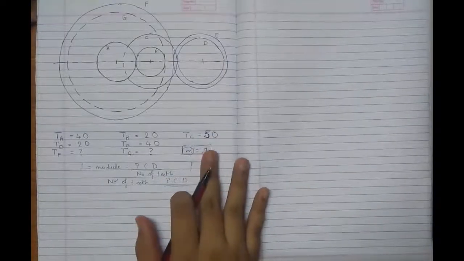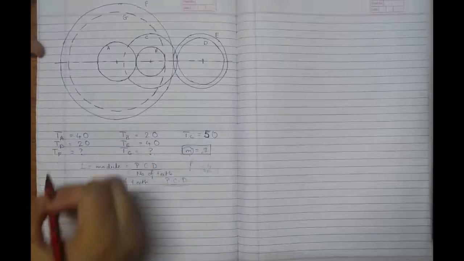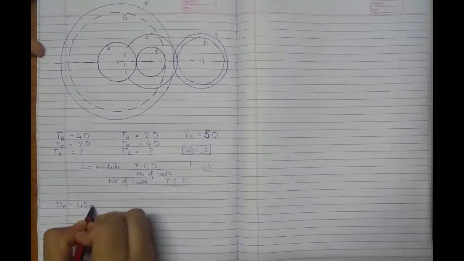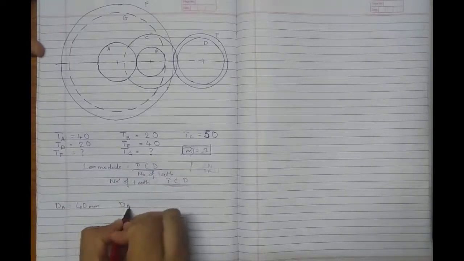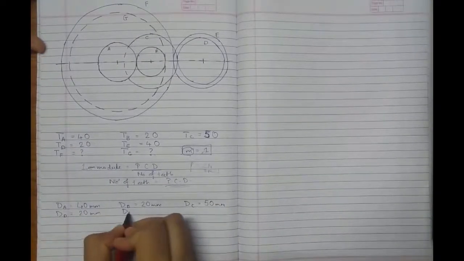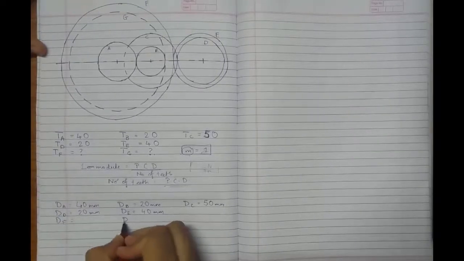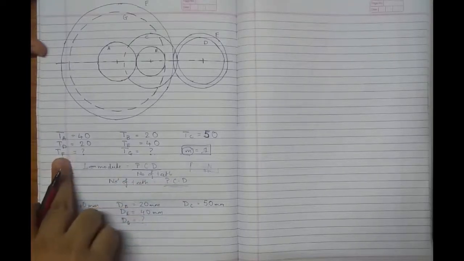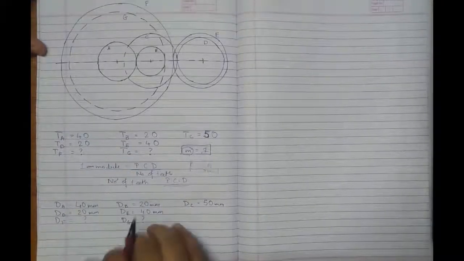Okay, so using this logic, we can find out the diameters of the various gears. For example, diameter of A becomes 40 mm because unit of module is always mm. Okay, so now if we find the diameter of F and diameter of G, because our module is 1, we can directly find the number of teeth on F and number of teeth on G. So this is what we are going to do.